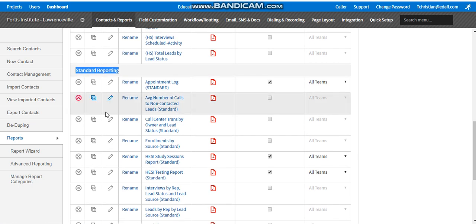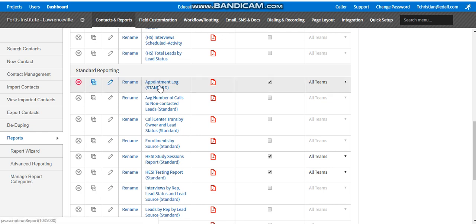The most important report, I think, is one that you're going to use most often, possibly several times a day, and that's your appointment log. Your appointment log is going to show you all of your appointments. They can be both regular initial admissions interviews. They can also be follow-up appointments, but it's going to show you everything that is due for a given period of time. So if you click on it,